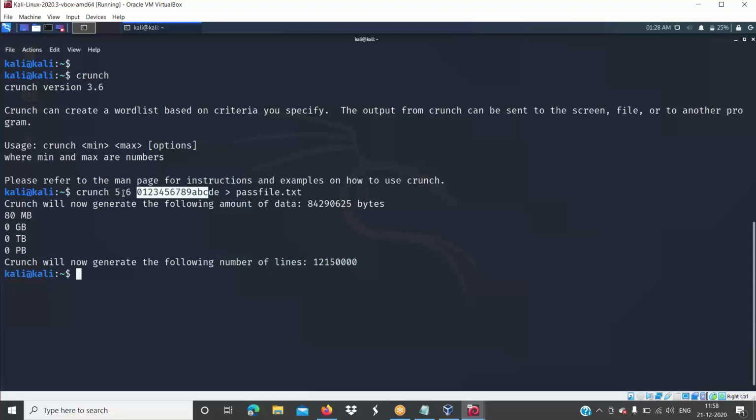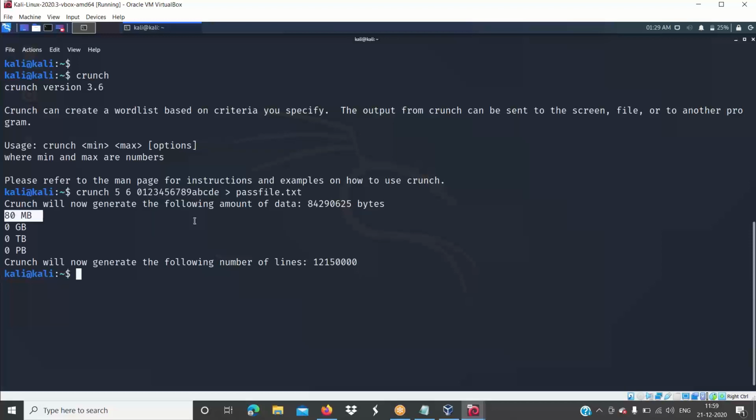So in this case, an attacker will be using something like 8 to 10 with all the characters in the keyboard. That would be somewhere around GBs. The password file would be somewhere around GBs. And don't try this, your system will crash, because this is a virtual system where you don't have enough space to store it, right?